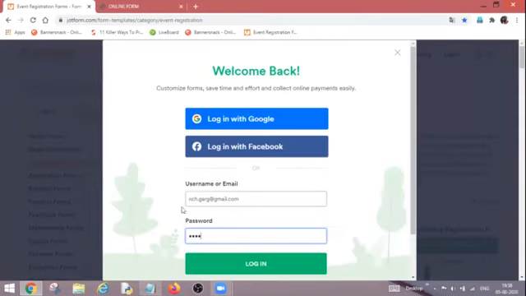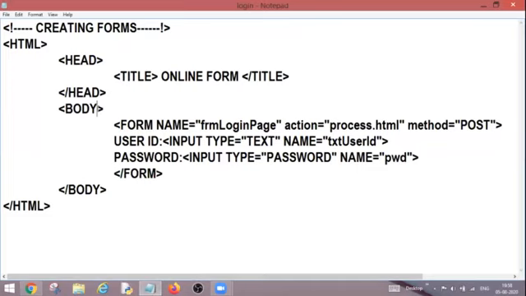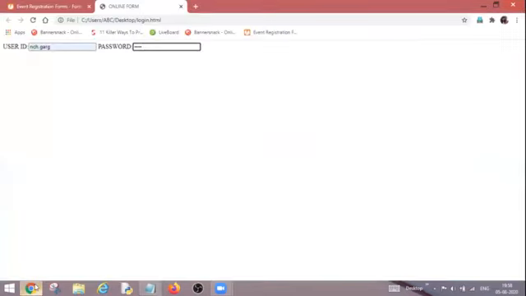So I gave you an example of this particular form. Here everything is aligned properly. For that formatting, what can we do? We can set the margin width. I am setting the margin width to 200, Control S, go back again and refresh it. So my text has been shifted 200 pixels to the right-hand side from the border.